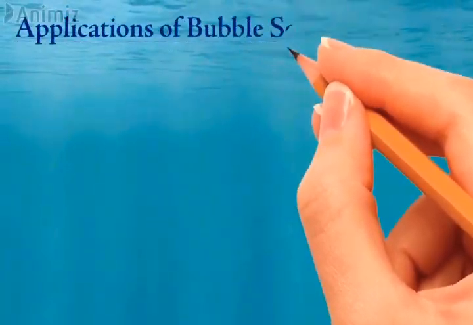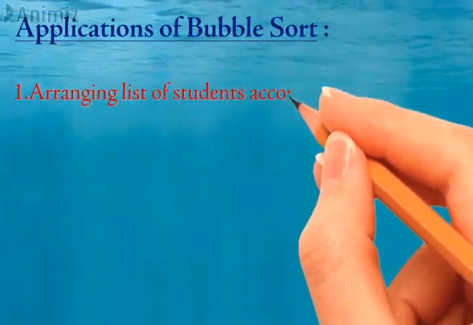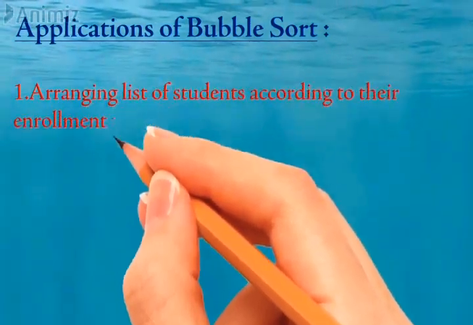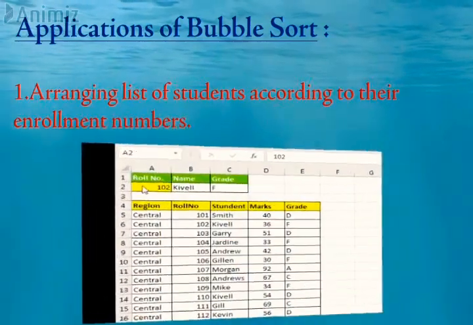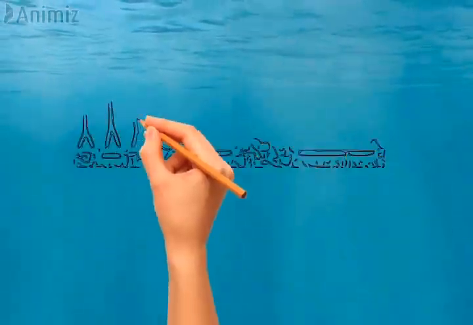Applications of bubble sort. First, arranging the list of students according to their enrollment numbers. Some of the real-time examples are